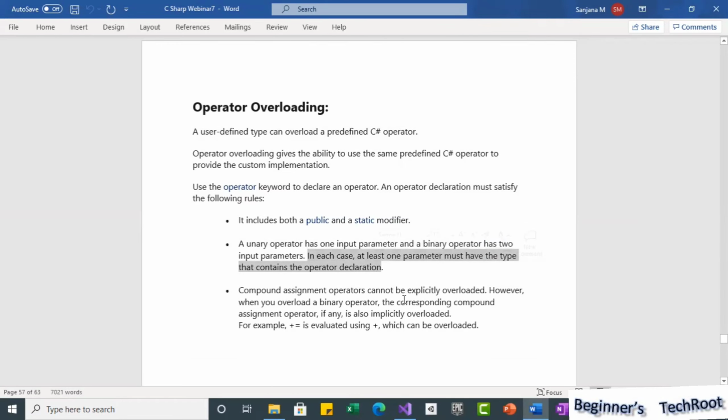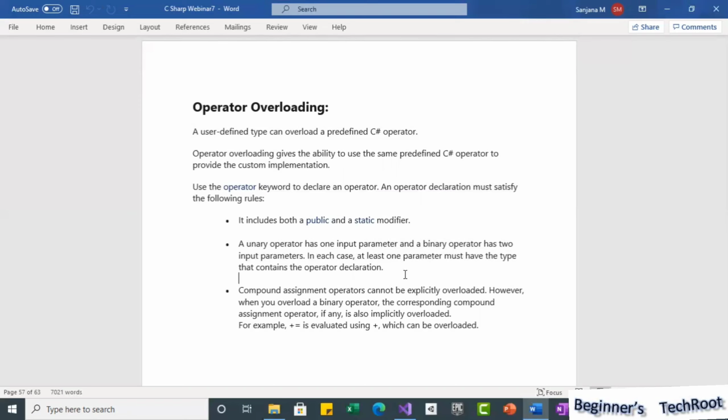Whether it is a unary operator or a binary operator you are going to define, unary means only one parameter and binary means two parameters. In the unary case, that one parameter should be the type where we are defining this operator overloading. Why? Because operator overloading you can define only in user-defined types.